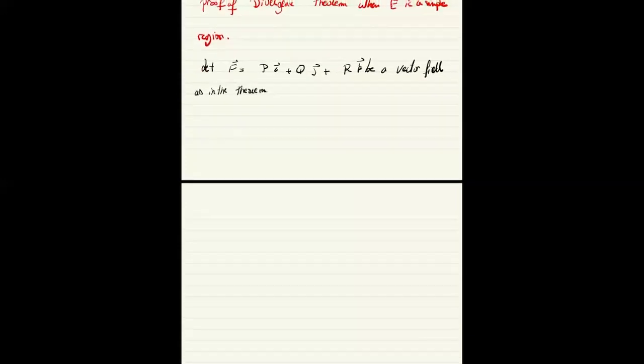Then the integral over E of the divergence of F dV will be equal to the triple integral over E of del P over del x dV plus